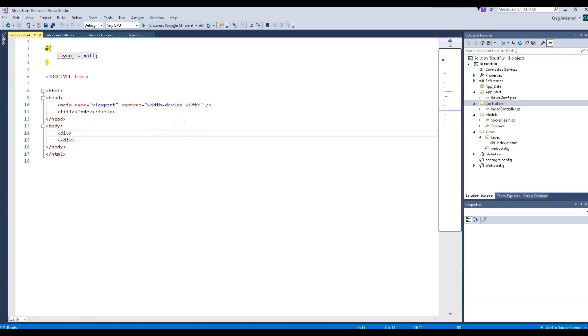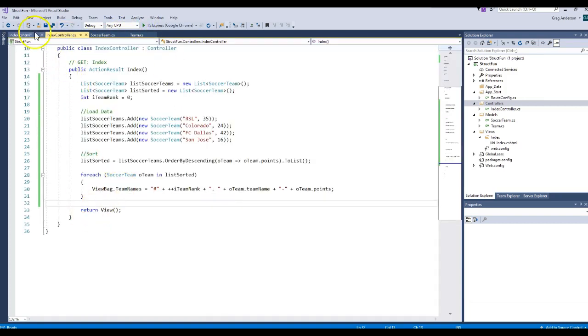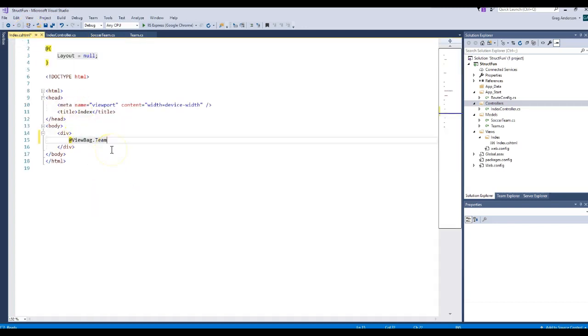And then we want to go ahead and display that information from the view bag. Well, how do we do that? Real simple. All we have to do is come over here and put an @ sign in front of it and say go grab the view bag, and then we need to grab whatever the name was. Back over here we said the name was called team names. So we say team names. We save that